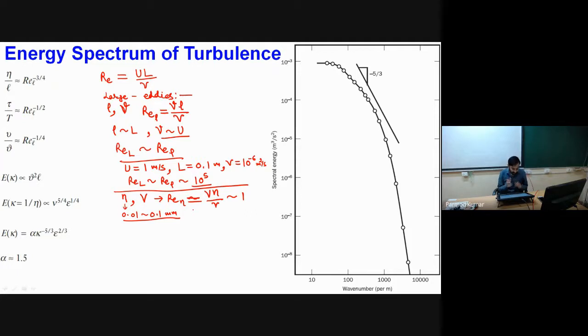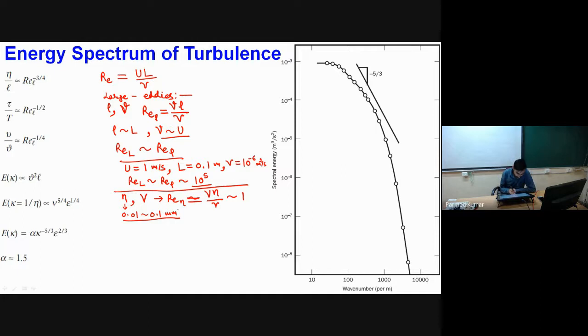The first point is that in the case of large eddies, we have dominance of only inertia, and the viscous effect is negligible. So if viscous effects are negligible in large eddies, it means we will not have any loss of energy in large eddies. So large eddies are nothing but inviscid eddies, where the angular momentum of the rotation of these structures will remain constant. We will not have any energy loss because of the large eddies, because their viscous effects are negligible.